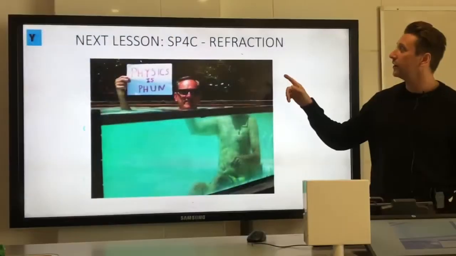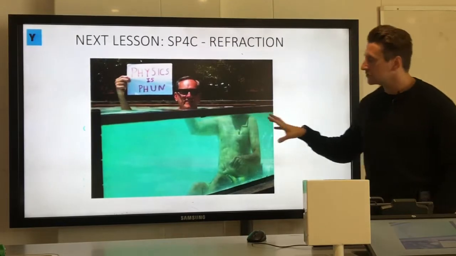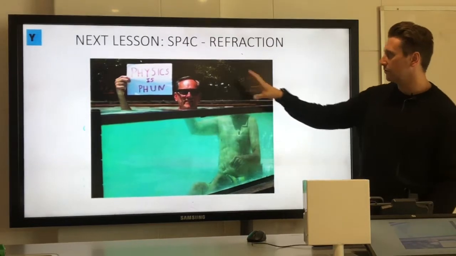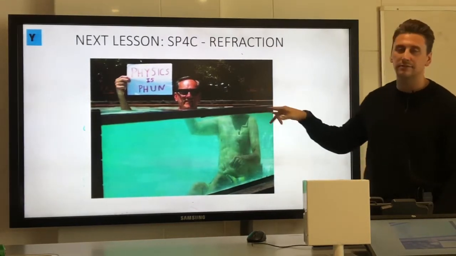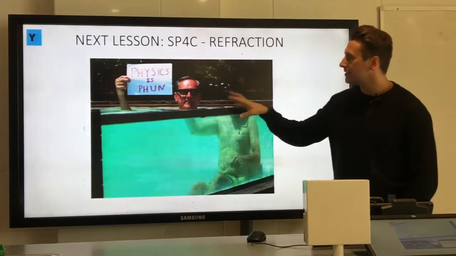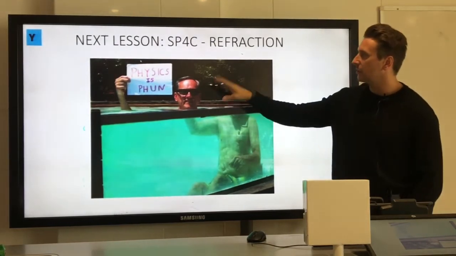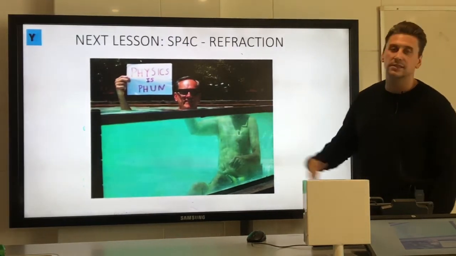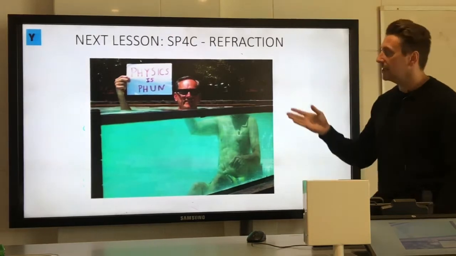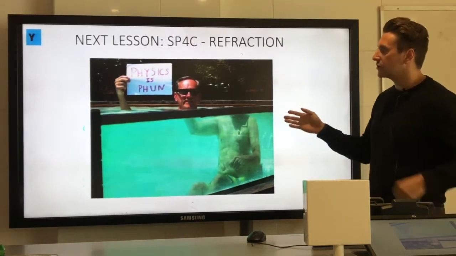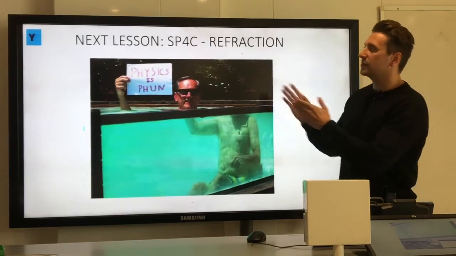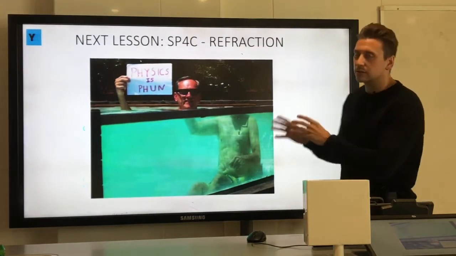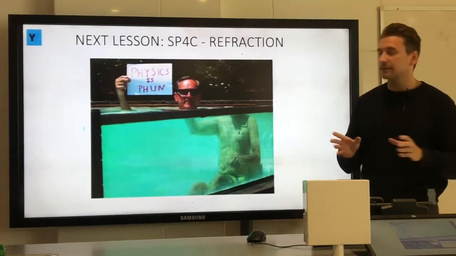So for 4c refraction, just starting by looking at an example of what can happen if refraction actually occurs with light. Quite clearly this person's head is not detached from his body, but something to do with the light reflecting or bouncing off his head and coming straight to our eyes, and then the light that's leaving his body, which is inside the water, and making its way to our eyes, has actually changed direction somehow. So it looks like his body is over there, whereas his head looks exactly where it should look. Okay, so just very quickly, refraction is something to do with the changing direction of light when it goes